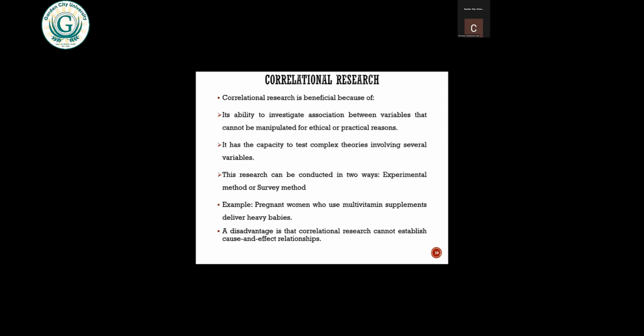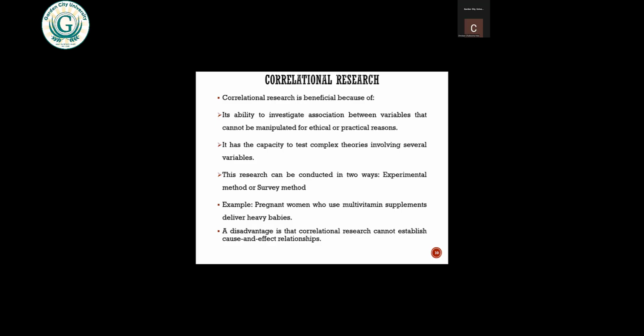You know that it is not only pregnant care that can make a baby be big. The woman can be diabetic. Diabetes can make you deliver a heavy baby. It could be genetic. So there are so many factors. But your research can tell you